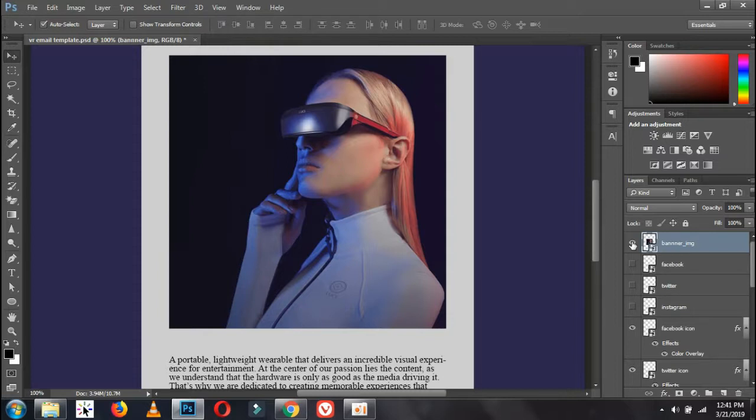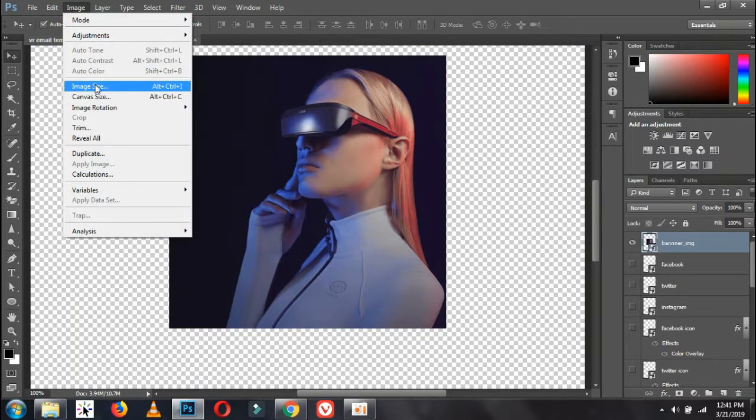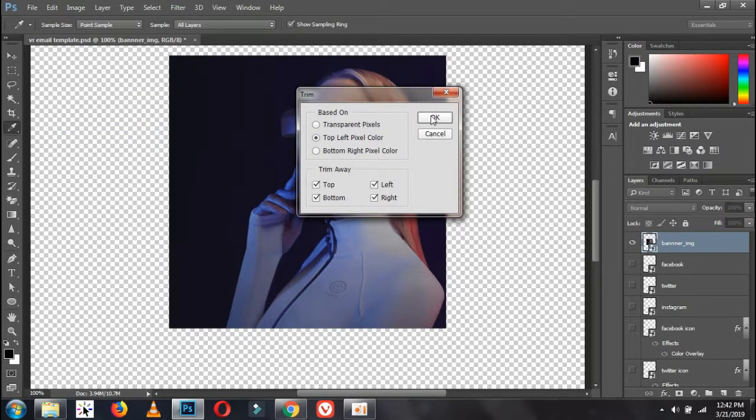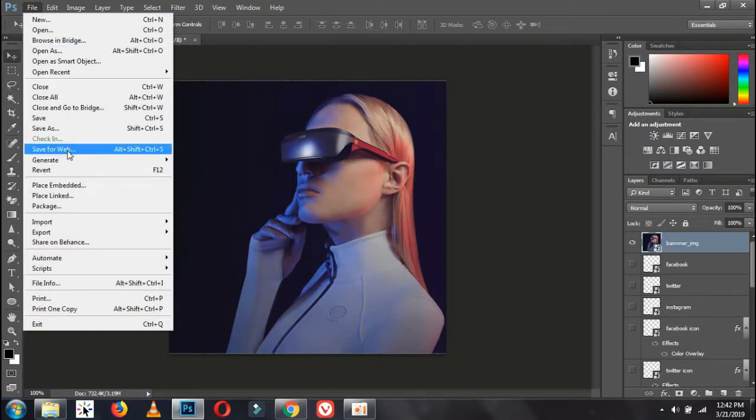Hold the Alt option, or if you are on Mac, you can hold the Option key and click on this eye. All layers have gone, and go to Image, Trim, OK, and go to Save for Web,